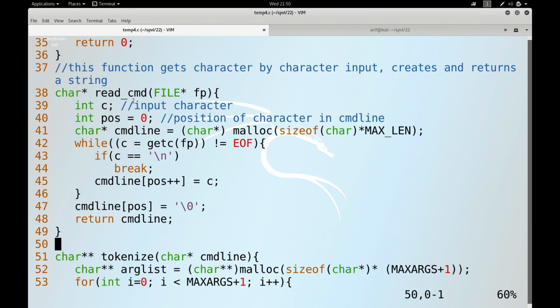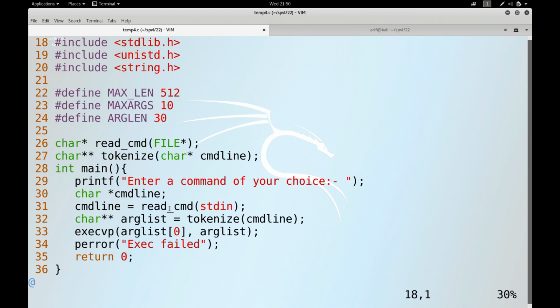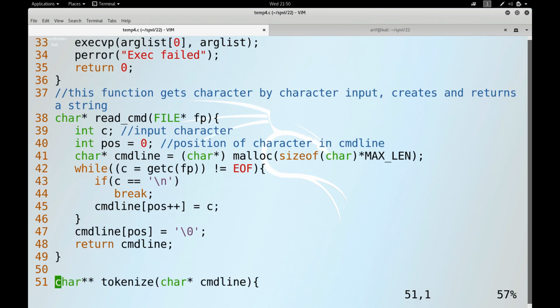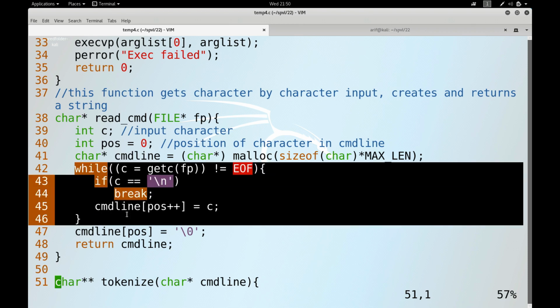So this is the read_command function. It receives, of course, the stdin input stream. And what it is doing is first of all allocating memory on the heap for 512 bytes to store the complete command string. Okay, this while loop is getting the input from the user character by character until the end of file or the newline character is encountered,